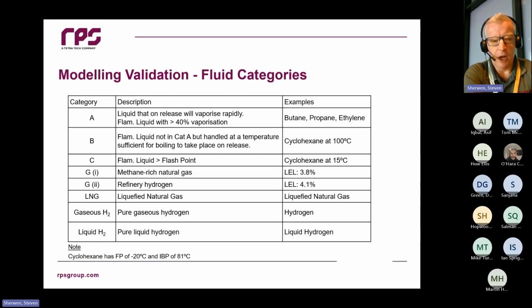What I was saying about hydrogen: if you were using pure hydrogen in the 4th edition, the fluid category stopped at G2, and pure hydrogen wasn't really a good fit for refinery hydrogen. So you can see now we've got some extra fluid categories so that we can use hydrogen. If you've got a gas like acetylene, you can't use EI15. That's almost like a hard stop because it doesn't fit any of those fluid categories. But it does cover methane and most liquids. Propane, or LPG, should I say, is a fluid category A because if you have a release of that liquid, it'll flash off rapidly.